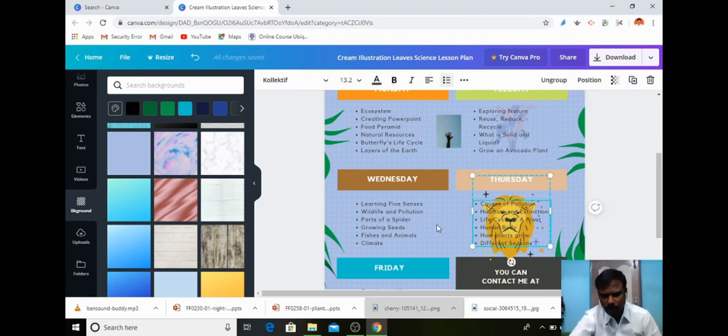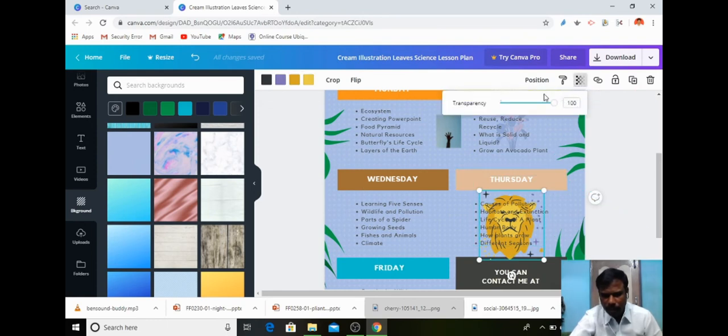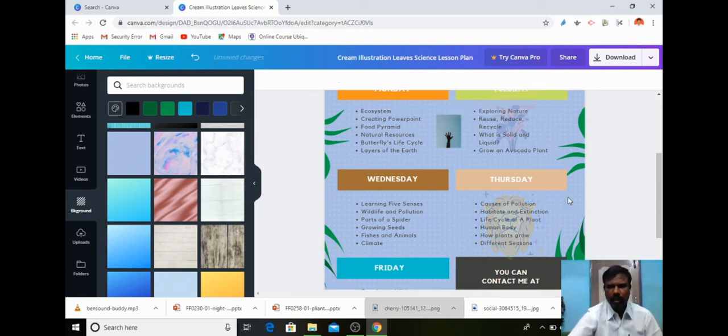So like that I can change the face of the lion also. Now you can see, the text is visible. At the same time, the lion face is made as a watermark behind the Thursday lesson plan.